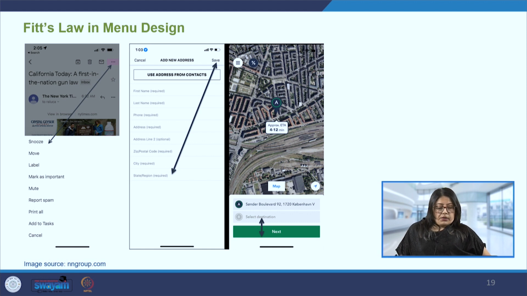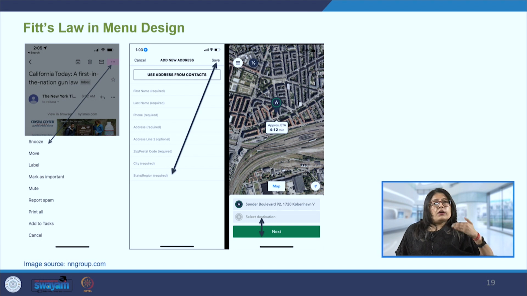Now, another example here, we can see that one person has filled in the information which says first name, last name, phone, address, all of that information. After entering it, the save button is on the top right panel.